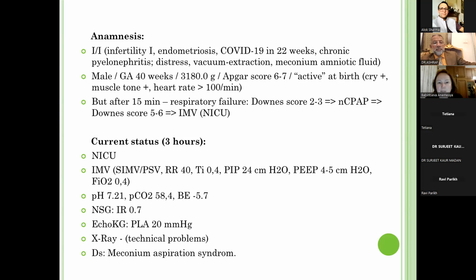Mom unfortunately had distress, and our colleagues used vacuum extraction, and there was meconium amniotic fluid. But this baby was active. He was crying, he had very nice muscle tone and a nice heart rate. But within 15 minutes of his life, he had respiratory failure. Downes score 2-3. We started nasal CPAP, but the situation was not good. Downes score 5-6, and finally we started invasive mechanical ventilation, and this baby was transferred to the neonatal